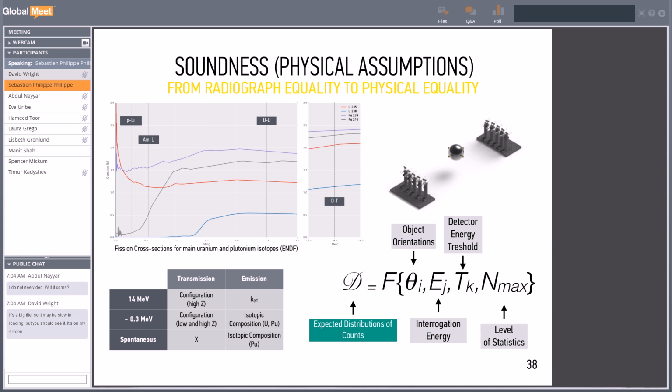So how do we get to the point where we claim physical equality from radiographic equality? Well, it's by taking multiple radiographs at different energies of interest that give us information in transmission and emission of the object, like their configuration, their geometry, for example, the presence of high-Z materials, what's their k effective, so their ability to produce neutrons from fission, what's their configuration in low-Z, what's their isotopic composition, and all of this we can actually probe by using neutrons at different energies. And in particular, we're interested in 14 MeV emitting, which is nice because it's easy to use and rather penetrating,